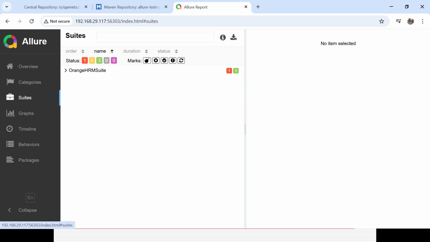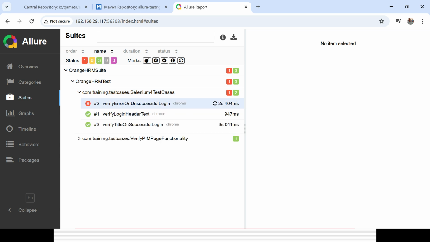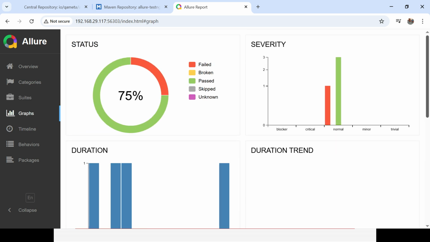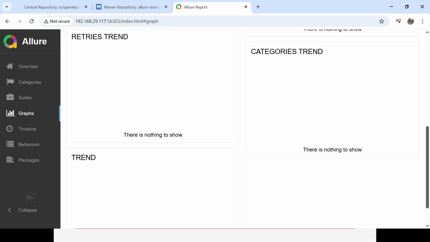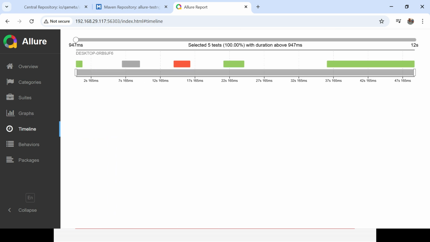And now if you go to the suite, you can see the details at the suite level: 1 fail, 3 pass. If you click here, it is the test, Orange HRM test, and under it is the package and the class name. If you expand it, you can see which methods got executed and which methods passed or failed. In the graph, you can also get the details of how many test cases passed and failed. And if you go to the timeline, you can see the total time taken for